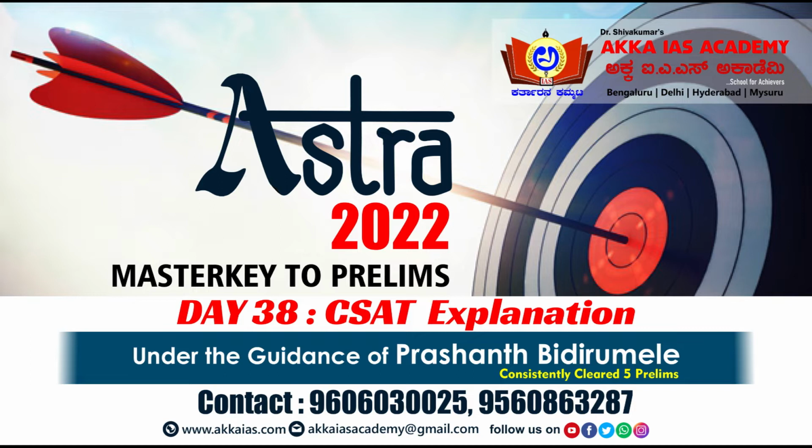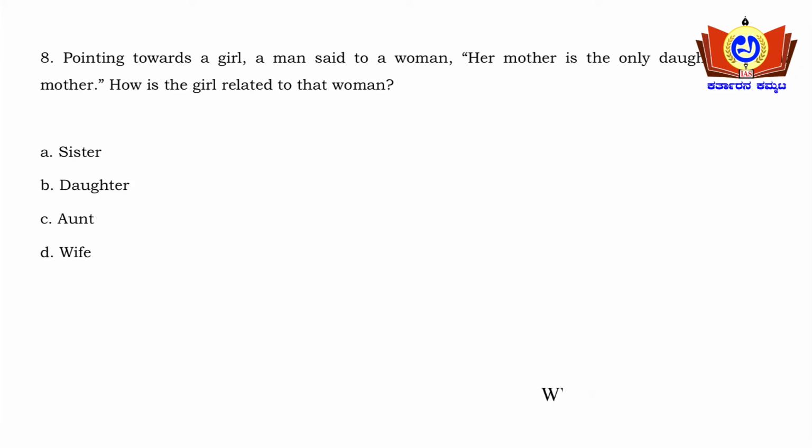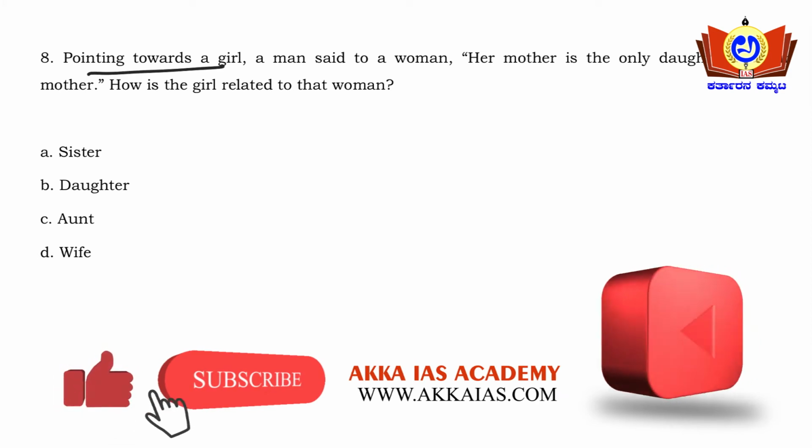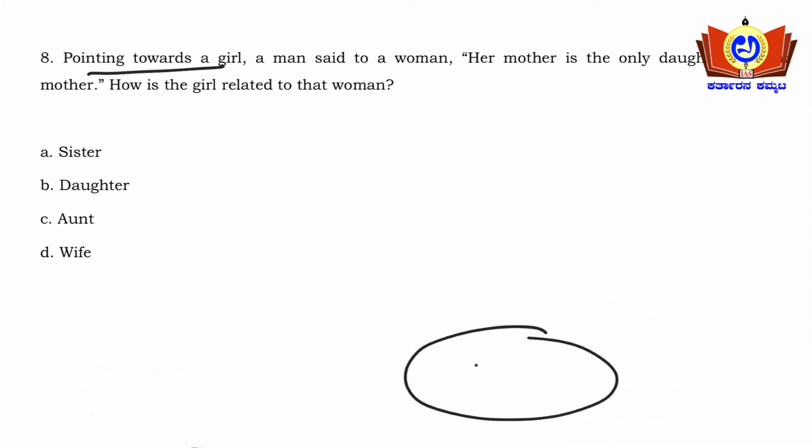In this particular video, I'll be dealing with different questions based upon blood relations and reading comprehension questions. So let's begin. Pointing towards a girl. So a girl is here. Okay, we are pointing at the girl here. Okay, pointing